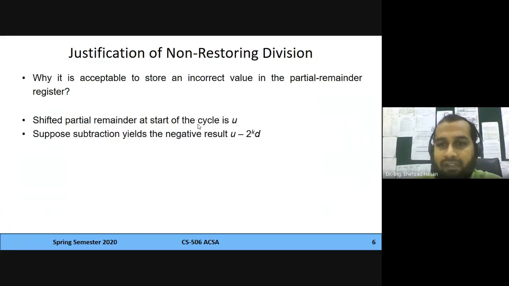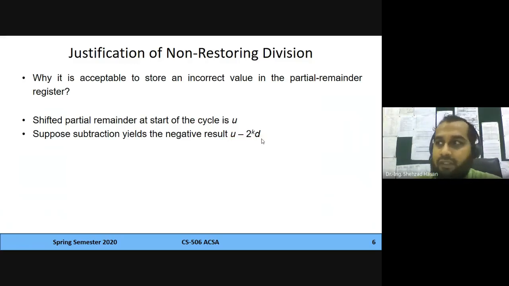The trial subtraction is subtracting 2^k d, which is the shifted divisor. The divisor is shifted to the most significant part. So it's as if you have subtracted the shifted divisor from u. So you are doing a trial subtraction, which is u minus 2^k d. Now